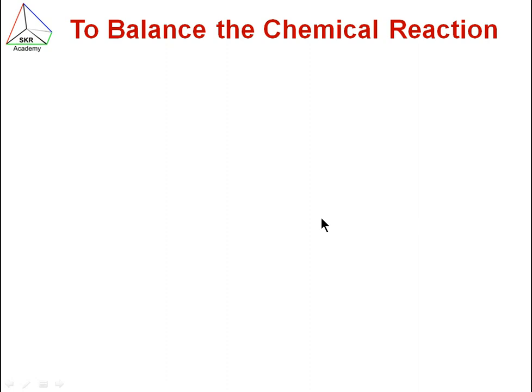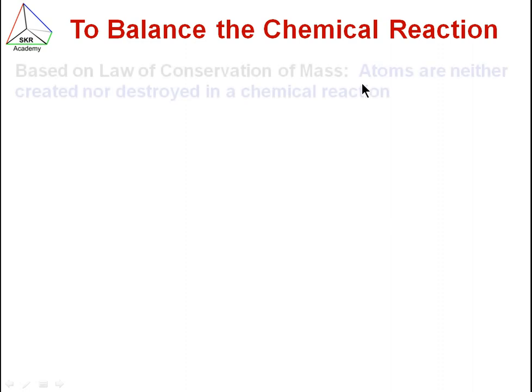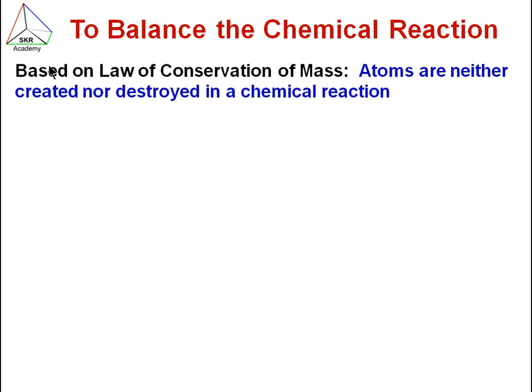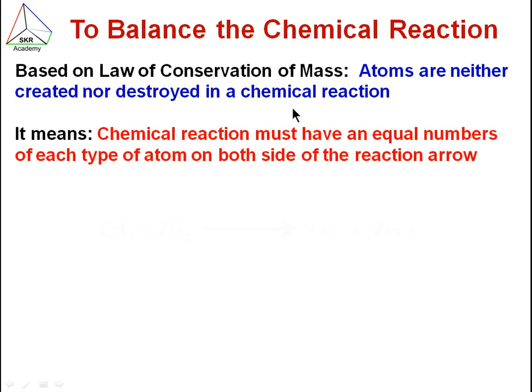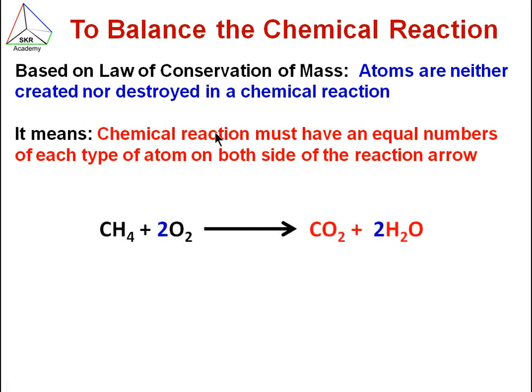Hello dear, in this video we will study how to balance a chemical reaction. Basically, balancing a chemical reaction is based on the law of conservation of mass, which says that atoms are neither created nor destroyed in a chemical reaction. It means that a chemical reaction must have an equal number of each type of atom on both sides